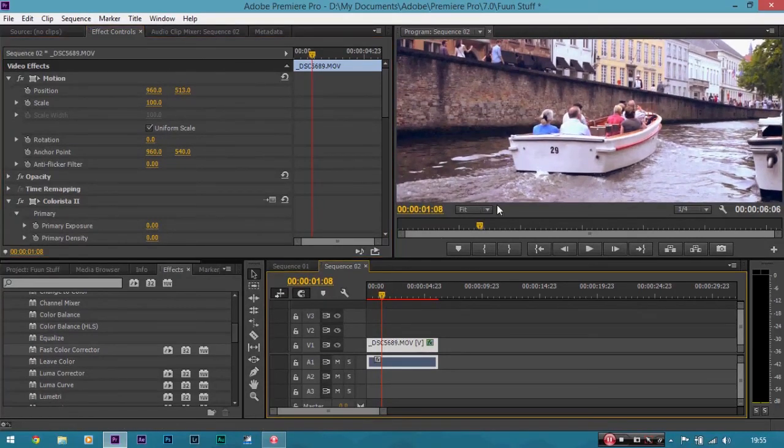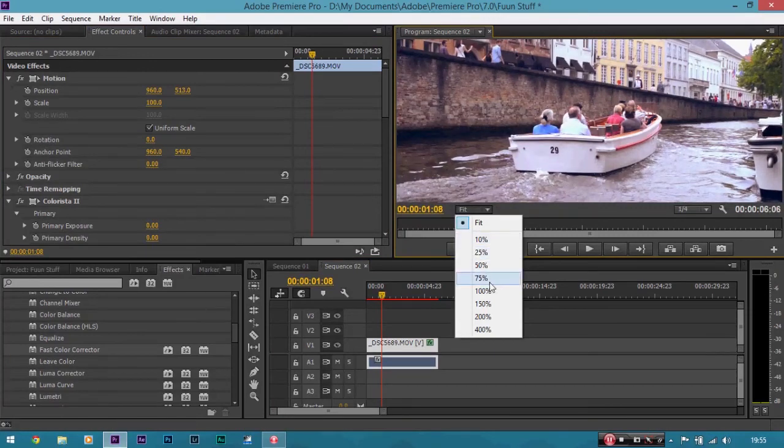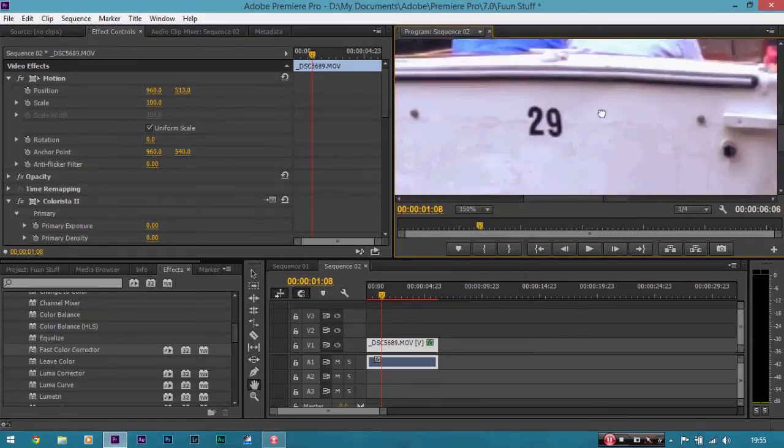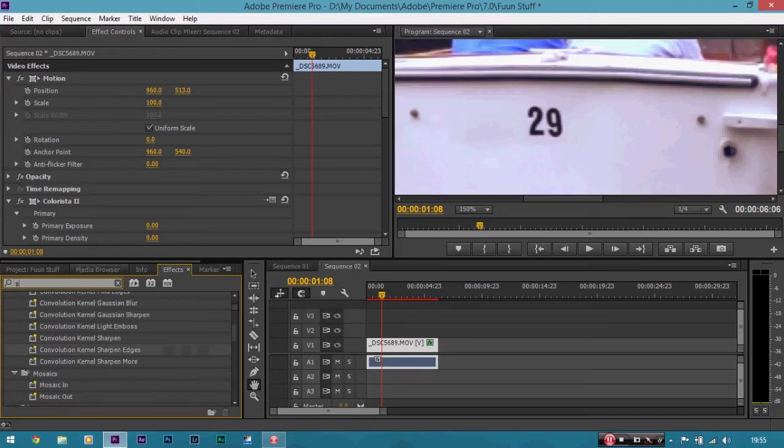One more thing, if you zoom in again, remember how you zoomed in? Go to 150, that's what I normally use. And the detail's actually quite soft. That's because when I shot it, I deliberately took the sharpness down to avoid some complicated things which I'll talk about later in another tutorial. But if you want to make the video sharper, simply type into the effects bar